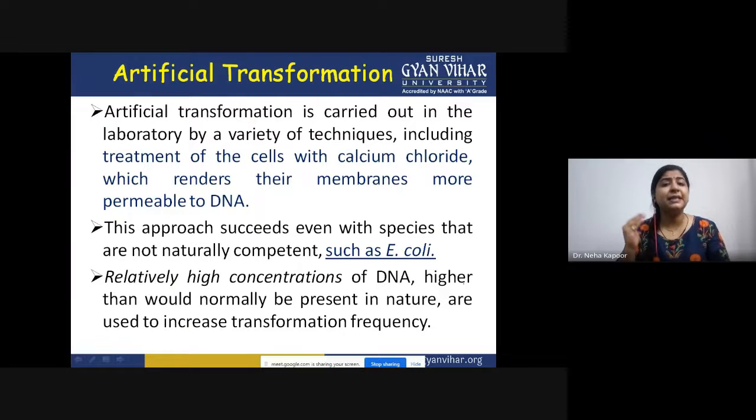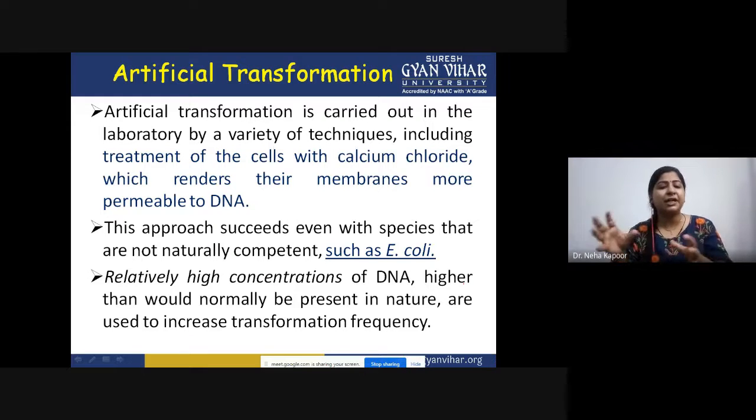However, next is artificial transformation. Artificial, as the name suggests, that means we are carrying out this transformation process inside the lab. It is normally carried out inside the laboratory by using many methods. For example, you can use some salts, you can use electric field, you can use ultrasonication waves. Basic process, what we are doing, we are making the cell membrane of recipient bacteria permeable. If the cell membrane is permeable to the environmental DNA fragments, that DNA fragment would be entering inside.